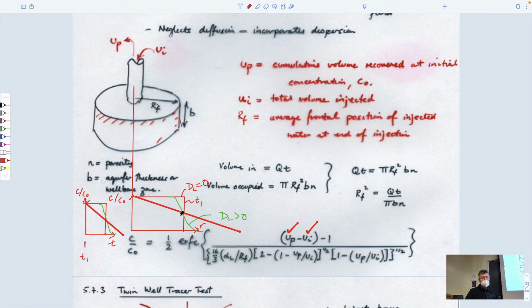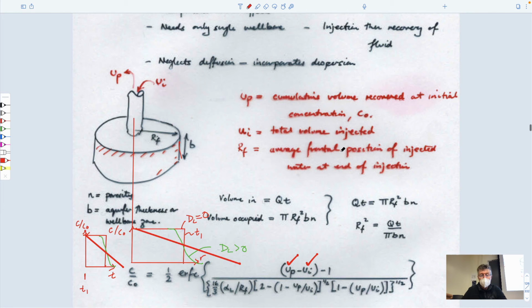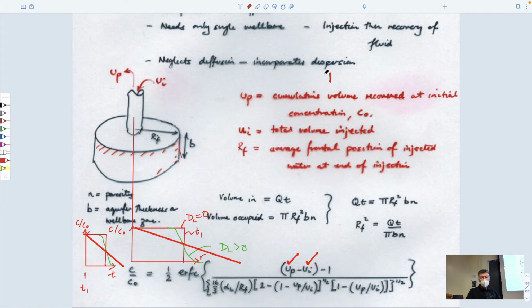But it's not very satisfactory. The reason is that your injection, instead of being at millimeters or centimeters per day in terms of flow, might be at millimeters or centimeters per second. So the velocities at which you inject are much larger. And if we know that the magnitude of dispersivity is equal to the diffusion component plus alpha times the advective velocity,